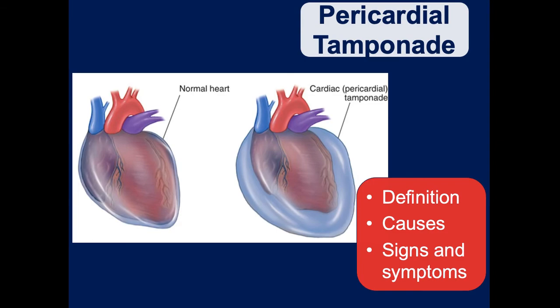pericardium and it causes bleeding inside the pericardial sac. And as that blood pumps out, the blood has nowhere to go because the sac can't expand. That blood starts to put pressure on the heart, and the heart can't pump as effectively, it can't expand and contract